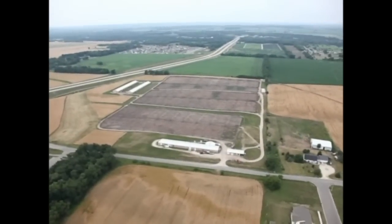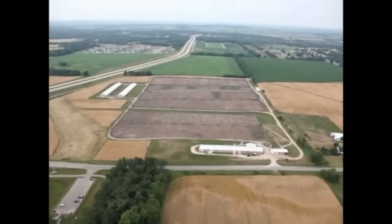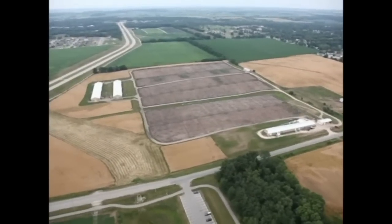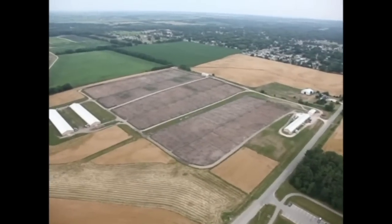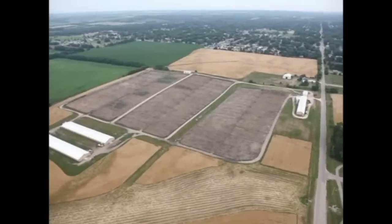Farm here. The breeder farm was purchased by McFarland's in 1988 from Owen Clemens, who had owned the farm for years. Right where you're looking at the three units of pens right there was a gravel pit. That's what Mr. Clemens had there in that location. So the first thing we did when we purchased the farm was to level out the gravel pit and begin